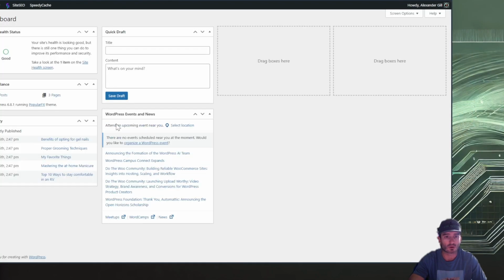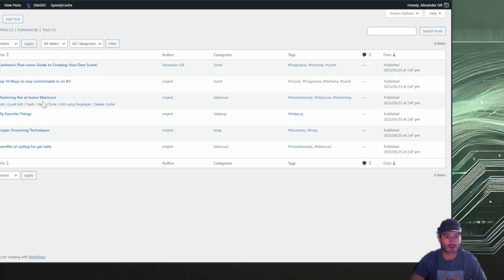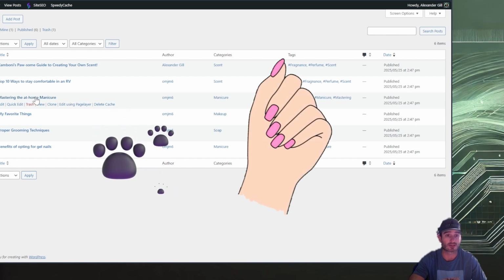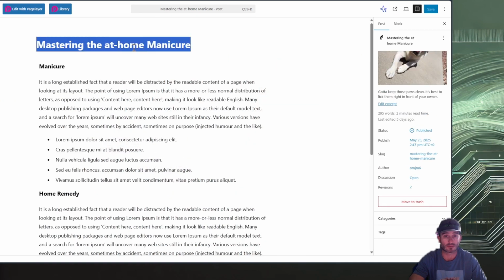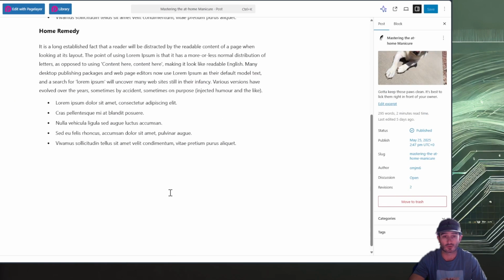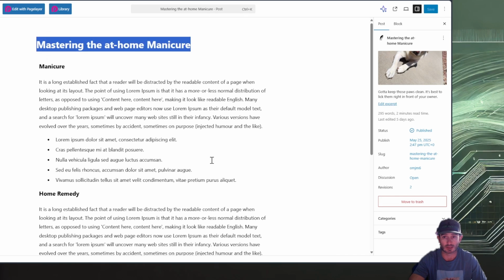Alright, so let's go back and find another post. Let's do mastering the at-home manicure, because this sounds like it could be hilarious. This is all what was given as part of the template that came with PageLayer. I'm going to take the title because I think this is going to be hilarious